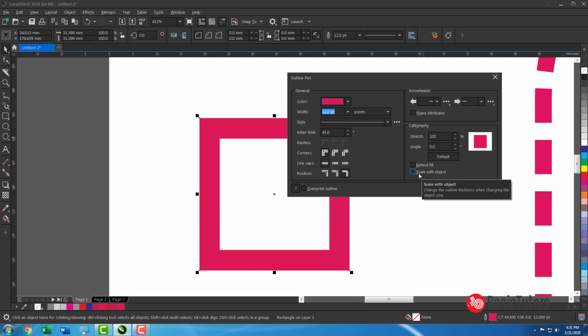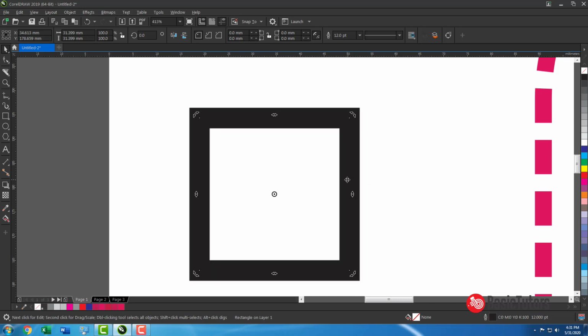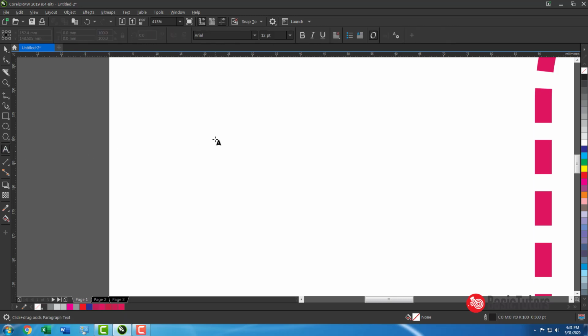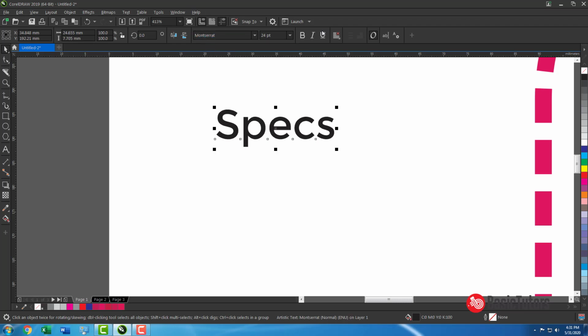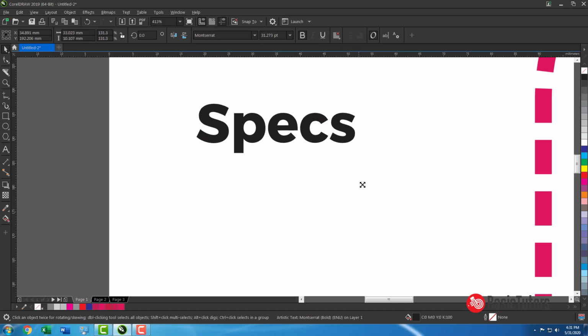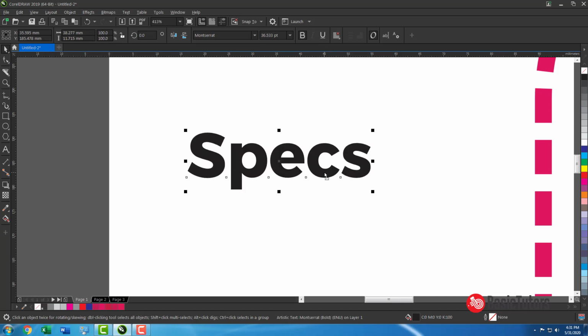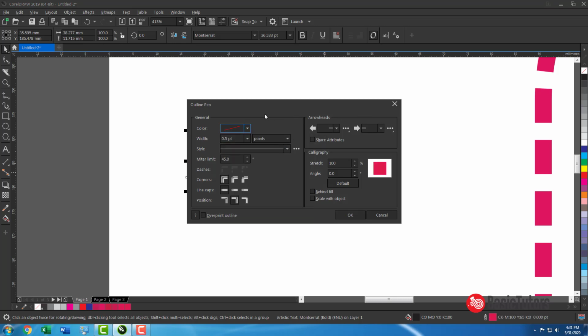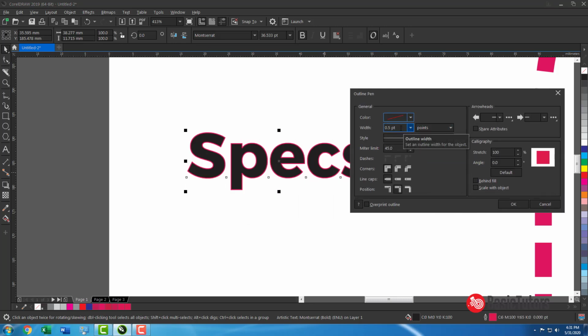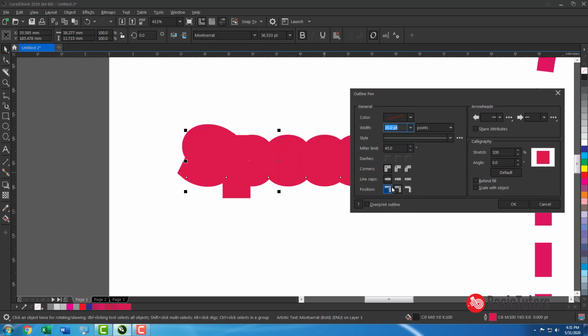Also there is a thing called behind fill. We can explain here how we can use behind fill. This is the text filled with an outline of any color, and the width will be like 10 points.